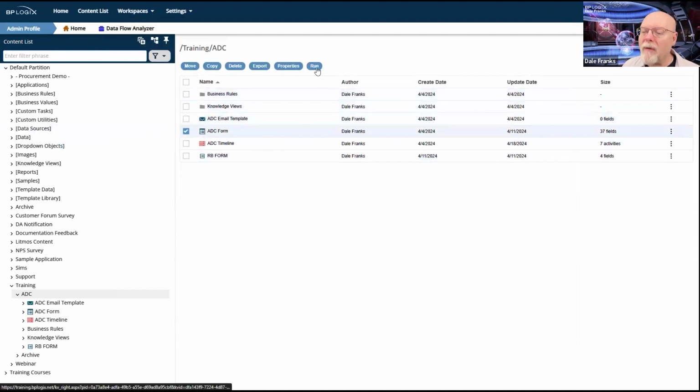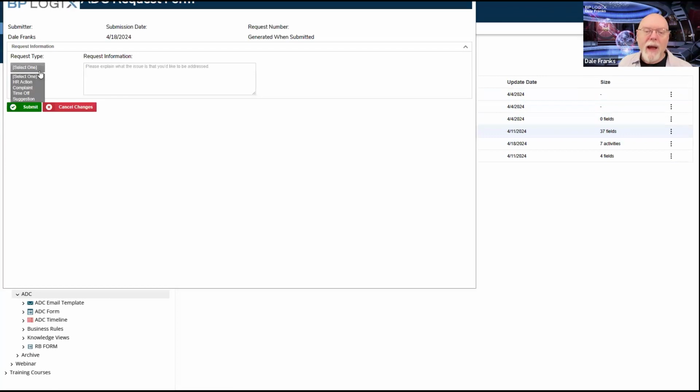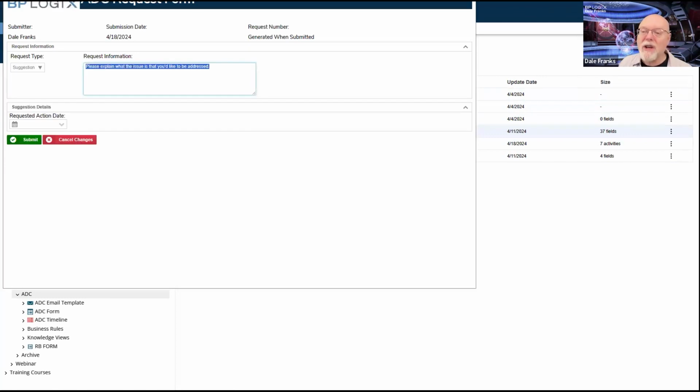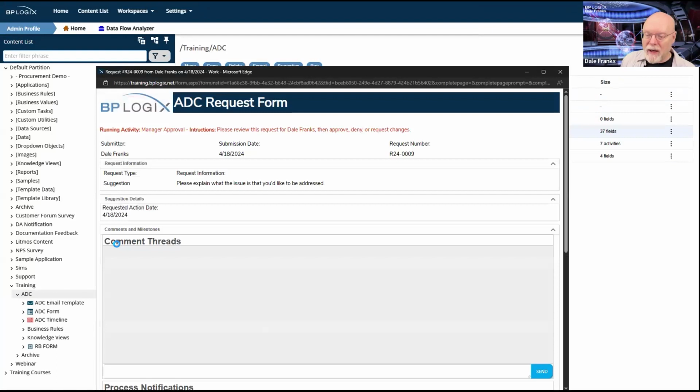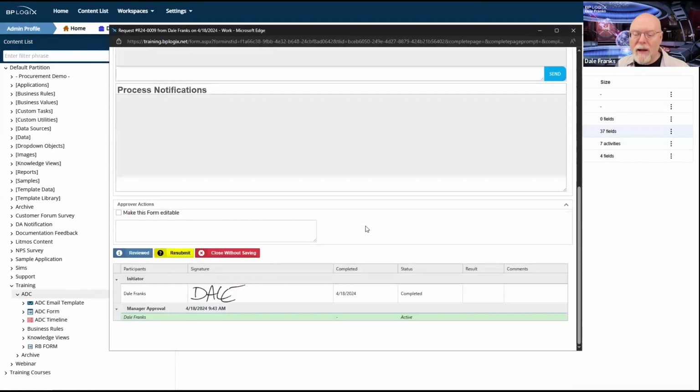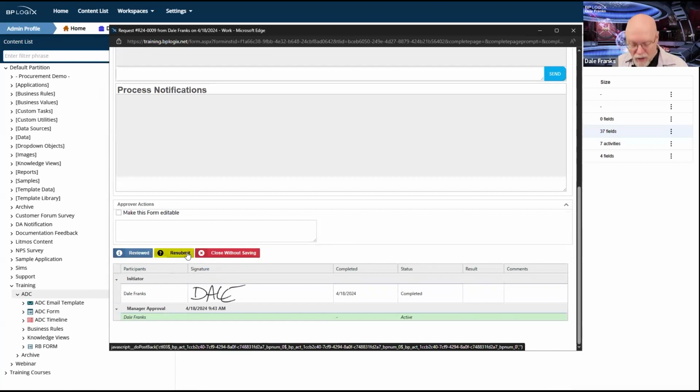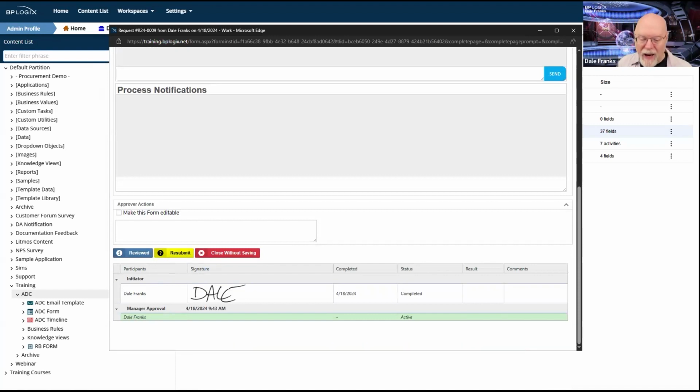So now we only have one more type to run, and that will be our suggestion request. And there's a date here. I don't necessarily even have to figure it out. I can hit submit. Goes to manager approval. Good. We're working fine. Let's go back, look at our button, reviewed, and resubmit. Okay, great. A little tedious to test this because it requires 5 different form submissions to work, but we managed to do it. It worked fine.